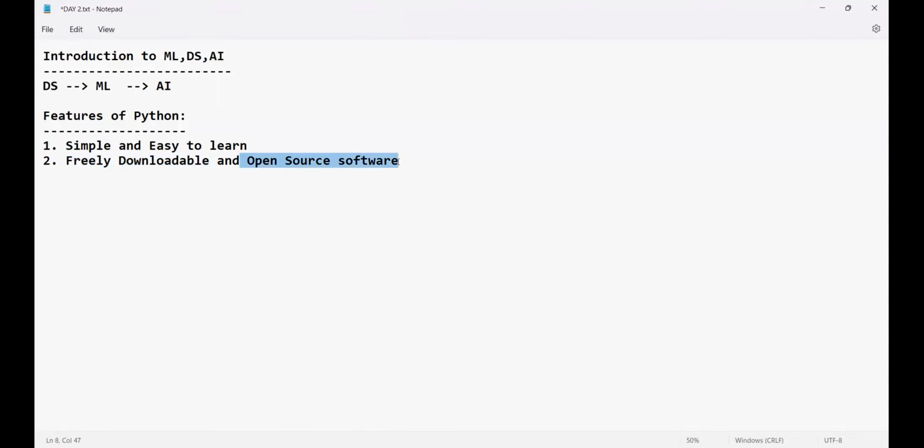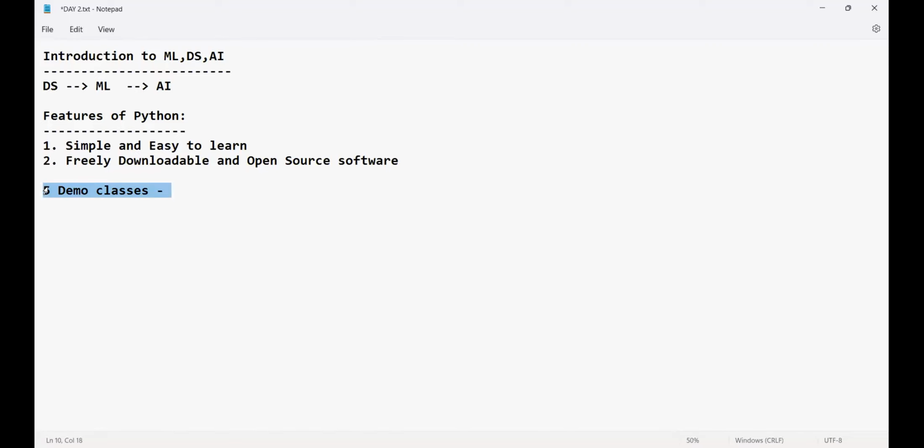Freely downloadable is different. Open source is different. Open source means as a developer in future, if you feel like it, I'll give you a basic overview. What is freely downloadable and what is open source? Assume that I will take 5 demo classes. Okay, let's explain in a very simple manner. You tell me, in order to attend 5 demo classes, is that free or do you want to pay some money?